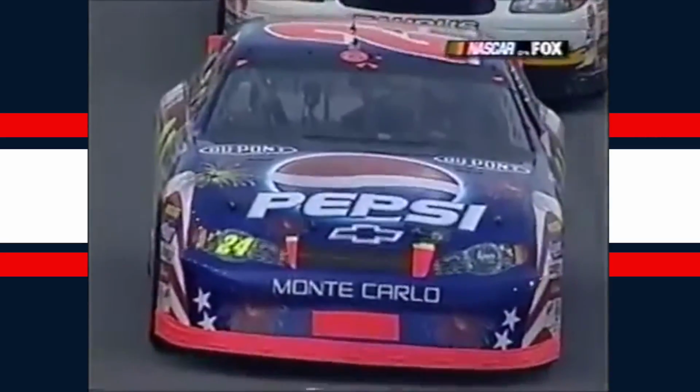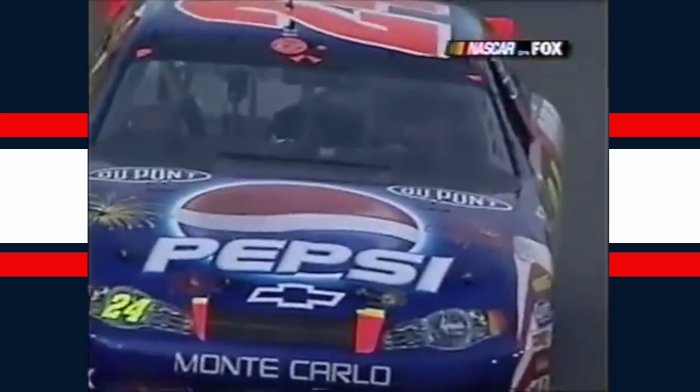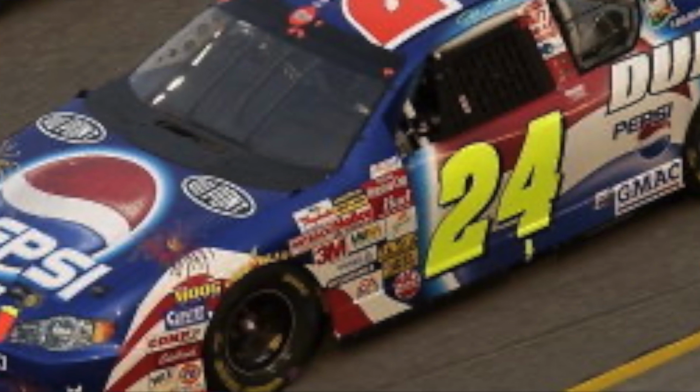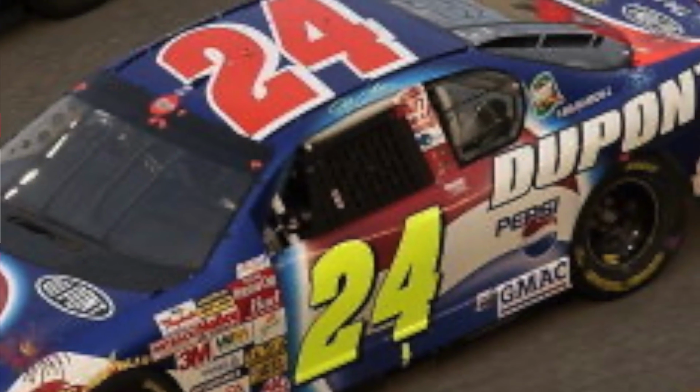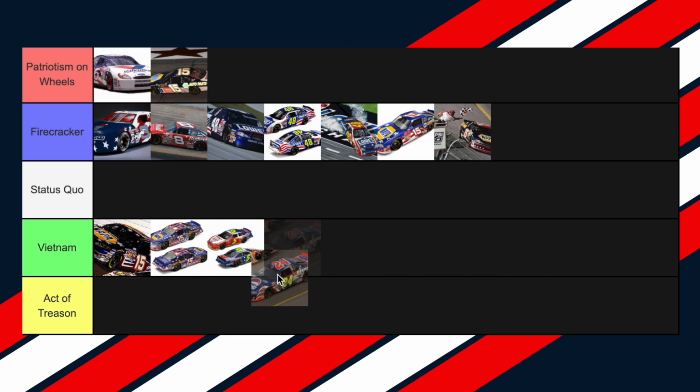Unfortunately, the thing holding this paint scheme back is the neon reddish orange valance and spoiler. It just doesn't fit with this car, and it would have looked much better if they would have made this neon yellow like the original diecast and the render has. Still a great paint scheme, but they could have done just a little bit more to get into that elite